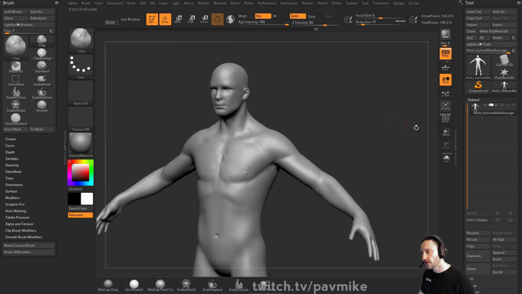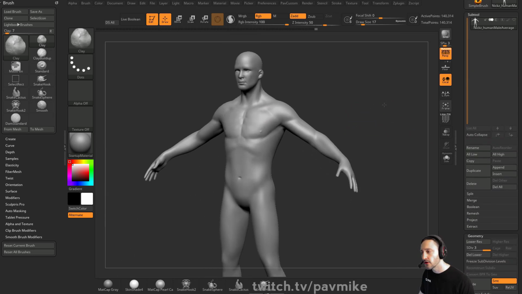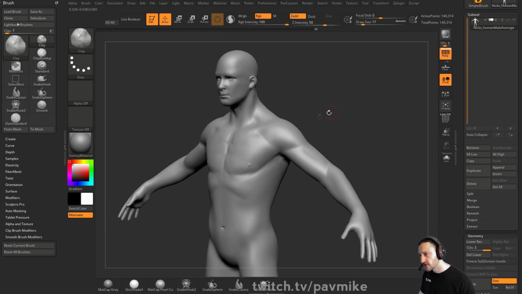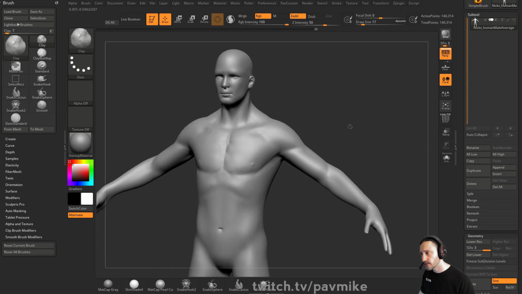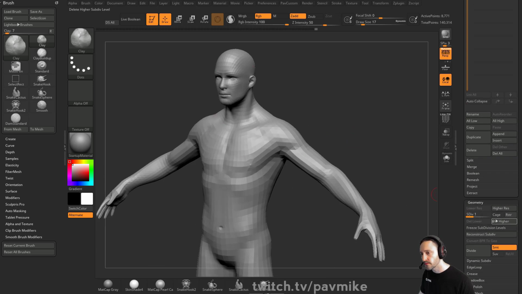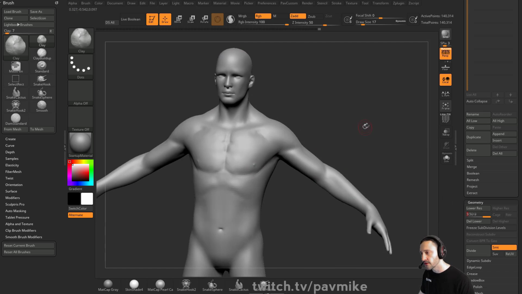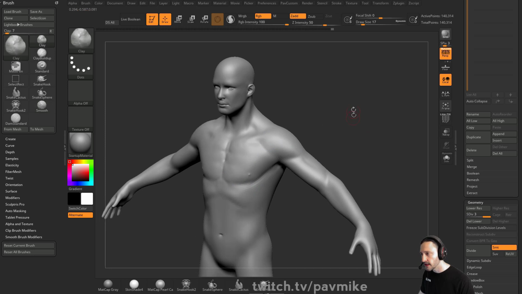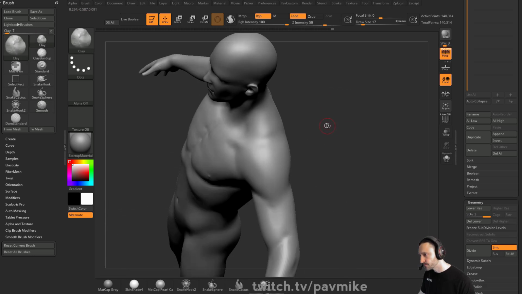Now, unlike clothing, which we talked about yesterday, when I'm refining organic stuff like creatures and muscularity on objects here, I like to work like I'm sketching. I'll start low and get my forms perfect, and then I'll go up one subdivision, continue to refine, go up another subdivision, continue to refine, and that way the mesh is more predictable, and I don't spend a lot of time smoothing